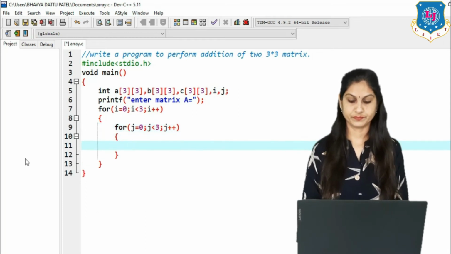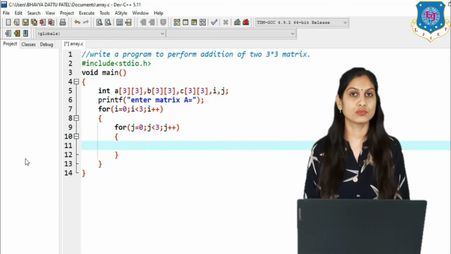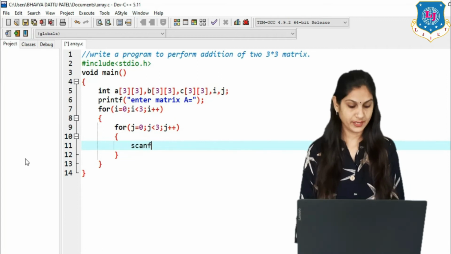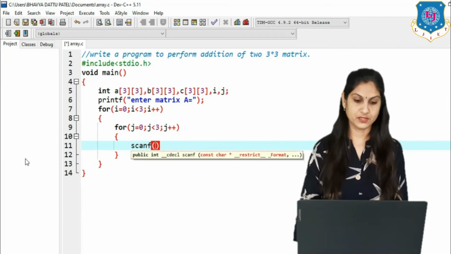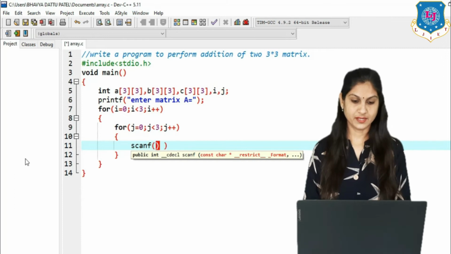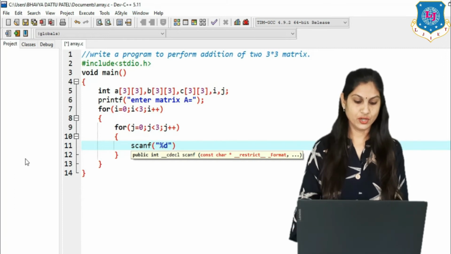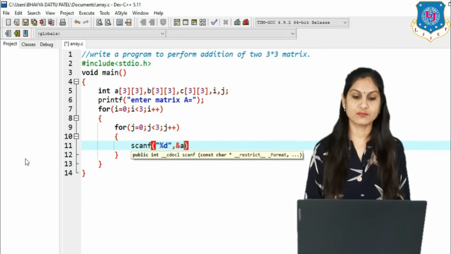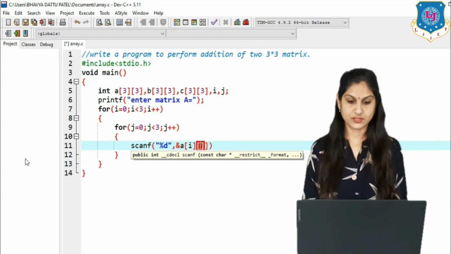Inside these two for loops we have to scan the data using the scanf function, %d and then &a[i][j], first index for the row and second for the column, that is j.